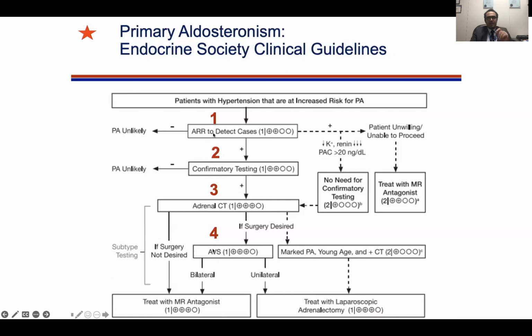But there are some cases in case detection where the aldosterone is very high. For example, if it is more than 30, with frank, marked aldosteronism, hypokalemia and suppressed renin, in these patients we can go directly to CT. We don't need any confirmatory test. Like in our patient, there was hypokalemia, renin was suppressed, and aldosterone was 30, so we should go directly to CT.